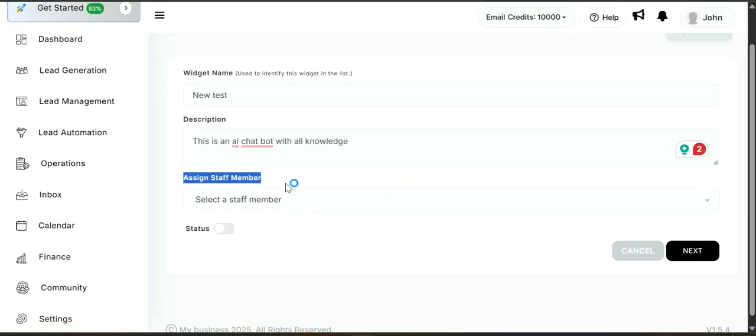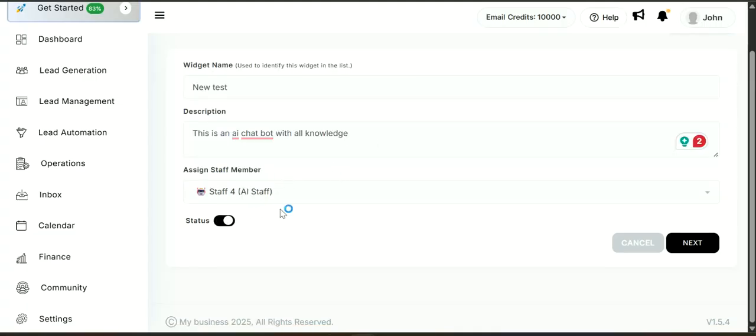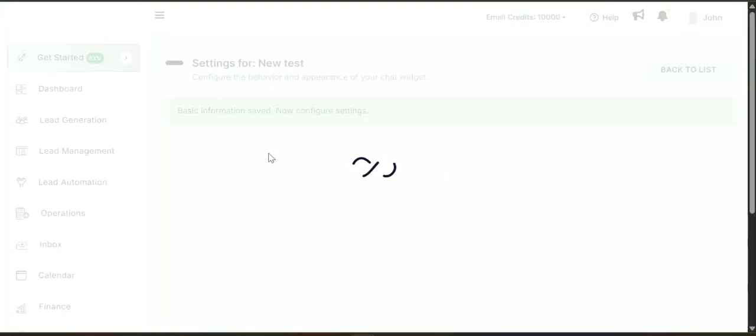Okay, you can assign staff members like AI. You have to select here staff for AI staff, right? And the status needs to be activated, and you can click here on next. Okay, once done,